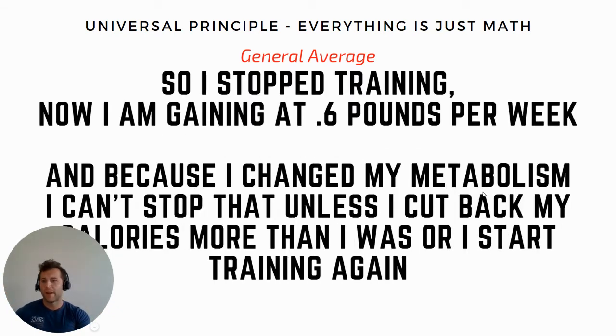So if I stop training and I am eating the same exact thing that I'm eating now without increasing it, right? I'm now gaining at 0.6 pounds per week. And that won't be the exact rate of weight gain because my metabolism will adjust. The point is that that's now the surplus to be gaining at that weight. And because I changed my metabolism, I can't stop that weight gain